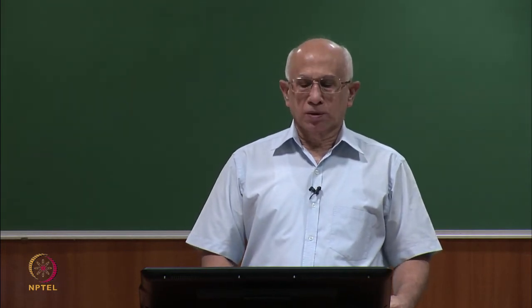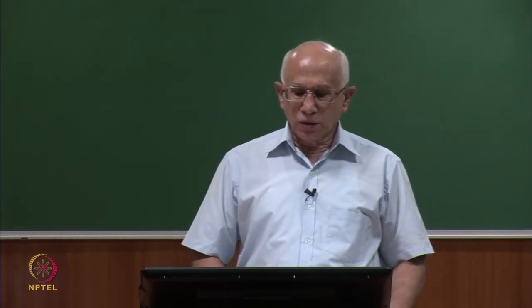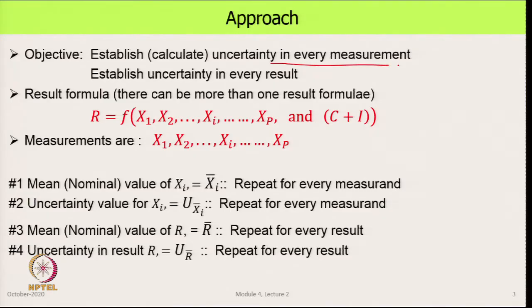Our broad approach is like this. Our objective is to establish uncertainty in every measurement, and then with that information we want to establish uncertainty in every result. There can be one or more measurements in an experiment, and there could be one or more results in an experiment. A typical result, the formula that we shall denote is here: R is a function of x1, x2, xp. So, these are p number of parameters,